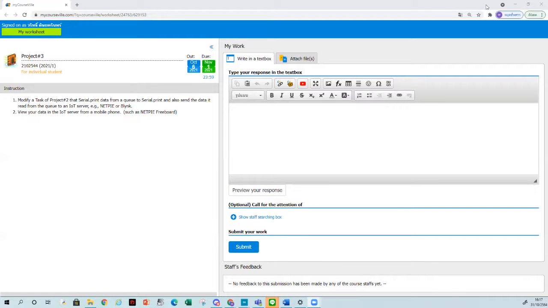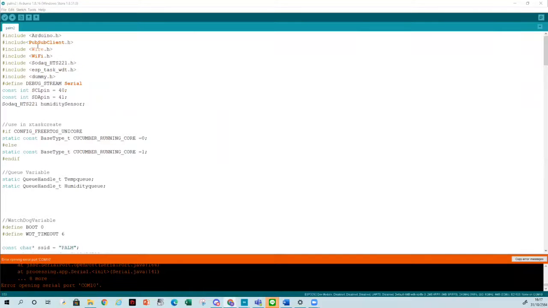At first, I have modified my code to send the information to NetPi. This code is my already modified code. At first, I have included the PubSubClient.h to publish and subscribe the data from NetPi, and I have defined the library to receive the humidity and temperature value from my